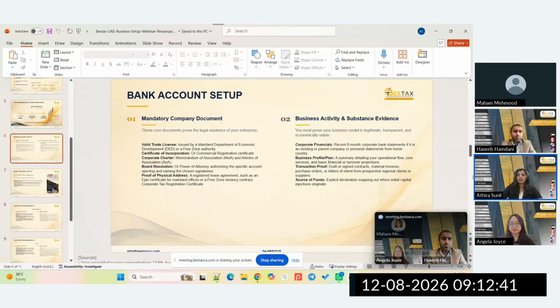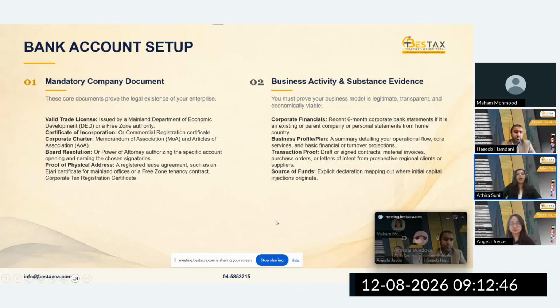So the third important process is the bank account opening. Now you are already aware how you can set up the company in UAE, and which jurisdiction you need to select depends on your working model and whether you need a UAE residency visa or not. It's always better to have a residency visa, and most of the physical banks in UAE require a residency visa. So once you have both, the company entity and the residency visa, then the third important part is